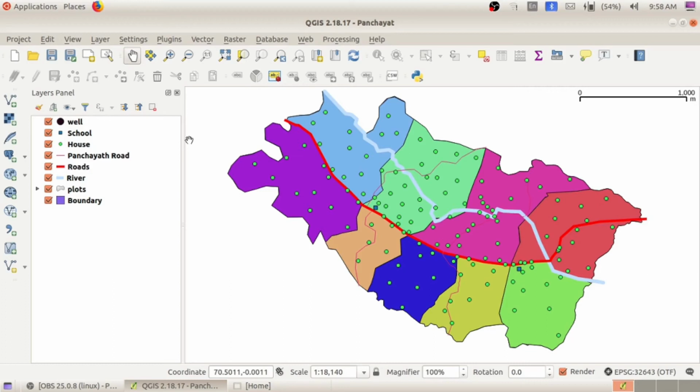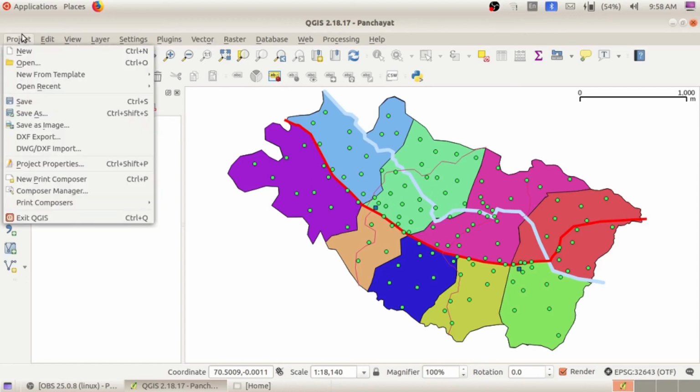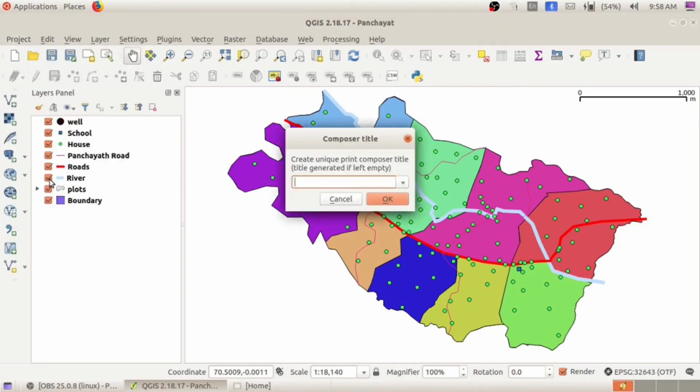How to export this project? By saving this map. So click on the project option. After doing this activity, click on the project option. Select the new print composer option. Take page number 86, activity 6.8, page number 86. In order to do that, select new print composer from the project menu.